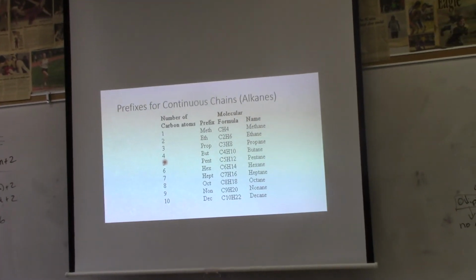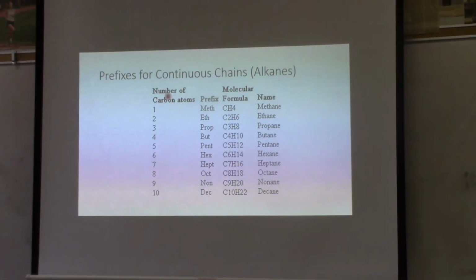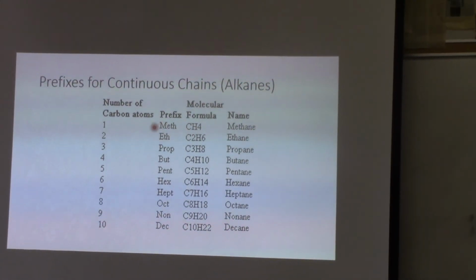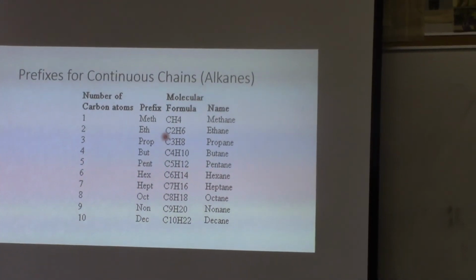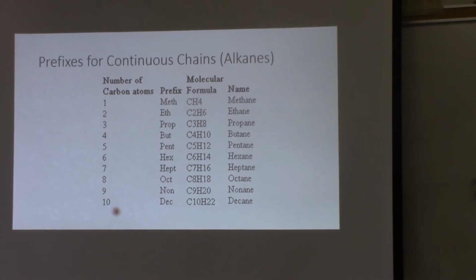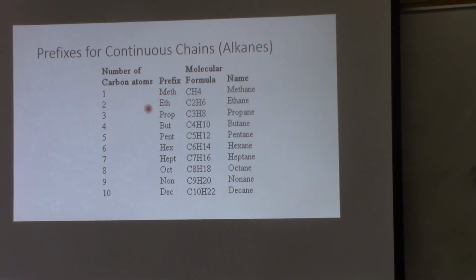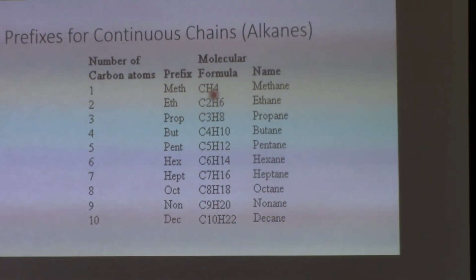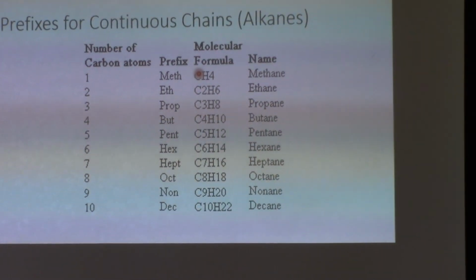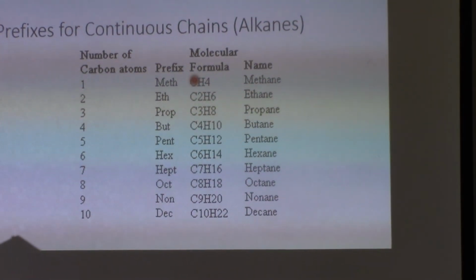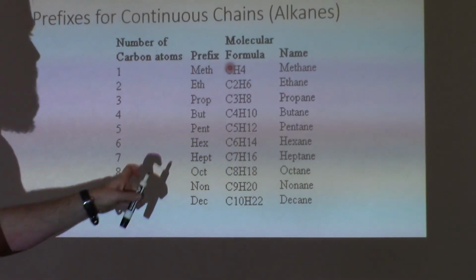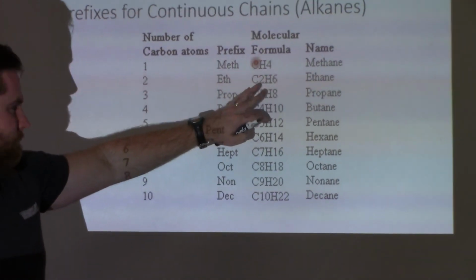You're not going to need to name molecules above 10. All right? But carbon chains up to 10 you need to know. Now, if you were in Science 30, you would be given a chart with this. But in Chem 30, you need to learn and memorize this. So for a continuous chain, this is also called a homologous series. So a homologous series is a sequence of molecules of similar structure that differ only in the number of repeating units. Okay? So these all have similar structures, but they have a different number of carbons each.